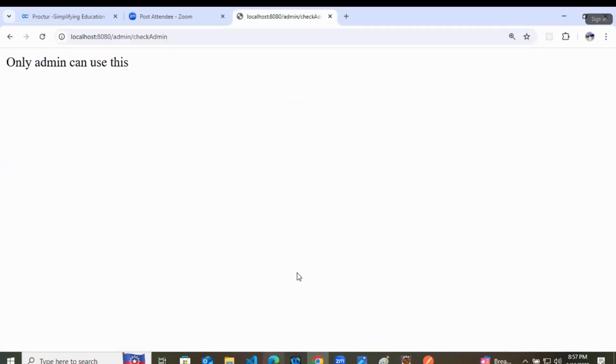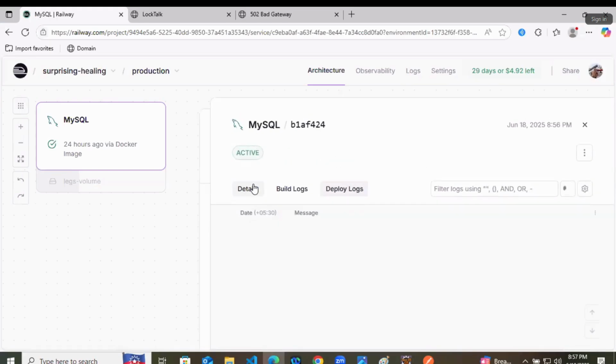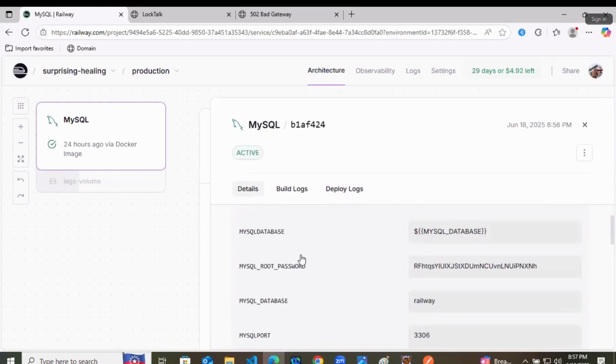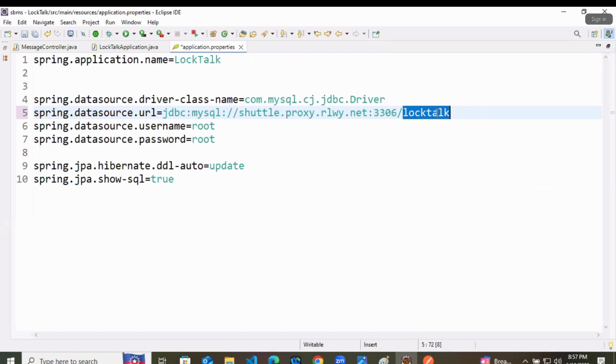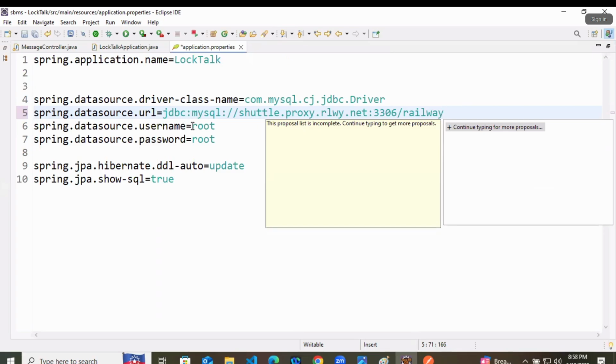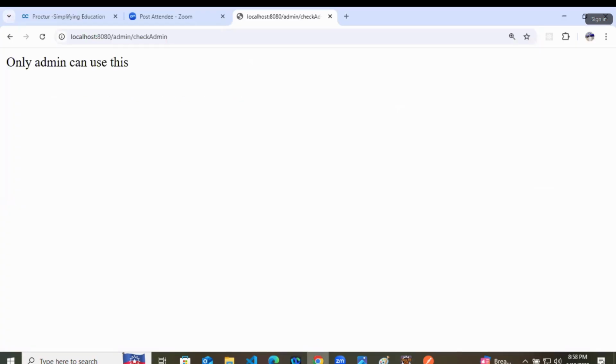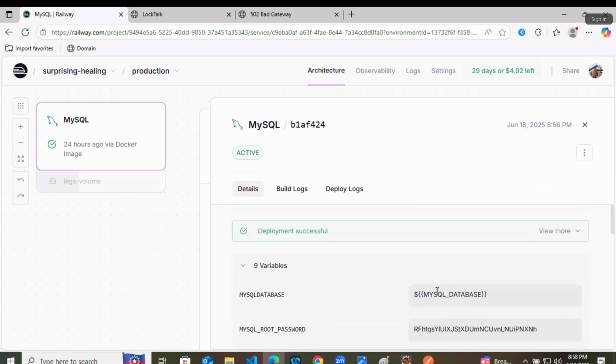And we'll go back to this again, details and variables. MySQL database name is railway. That also I will change from LockTalk to railway, like this. Username is root. Password, whatever password it is giving you, use that only.